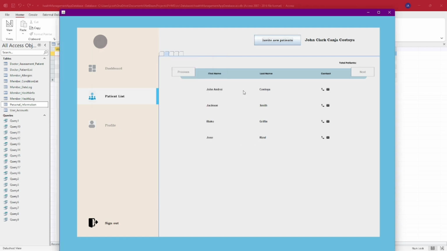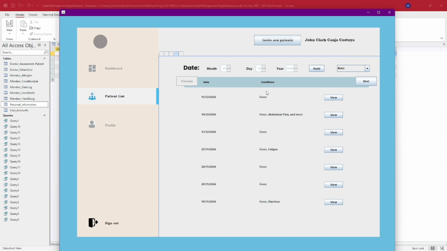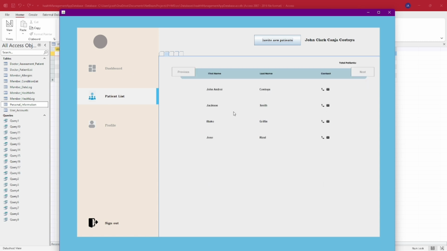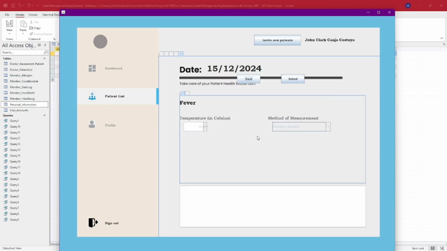So the doctor can see the records of the members that they added. First, let's say my test account here has many because I tested. This is my main test user all throughout my study. So let's go back, and there's the result. The doctor can view it, and he can add here. This part is the medication part.